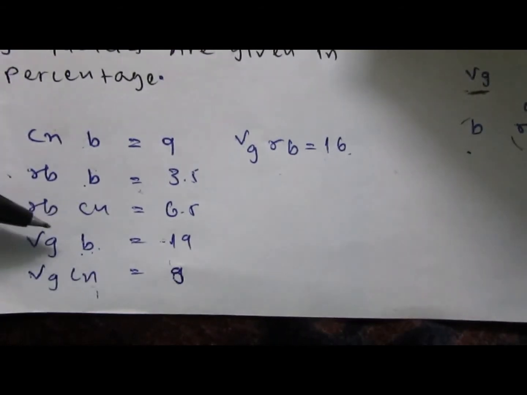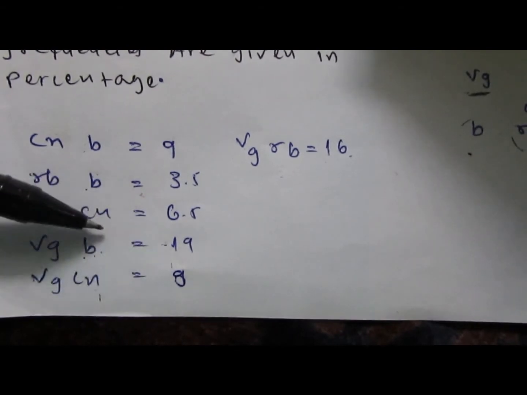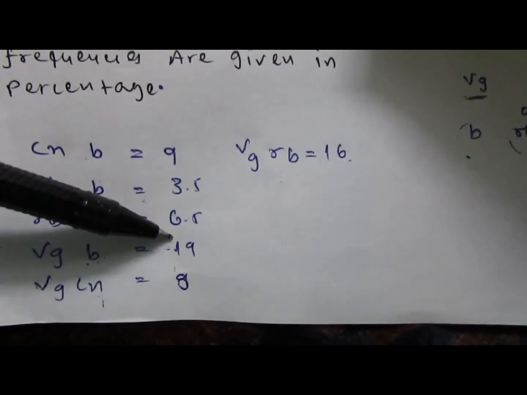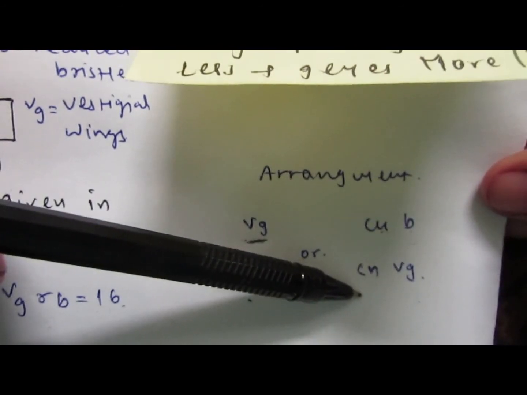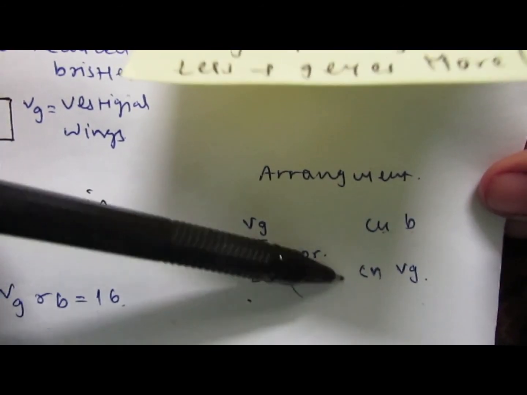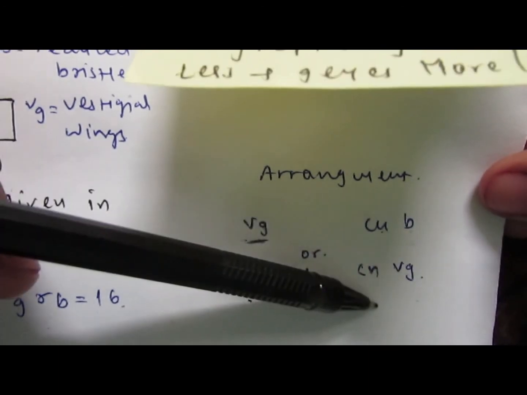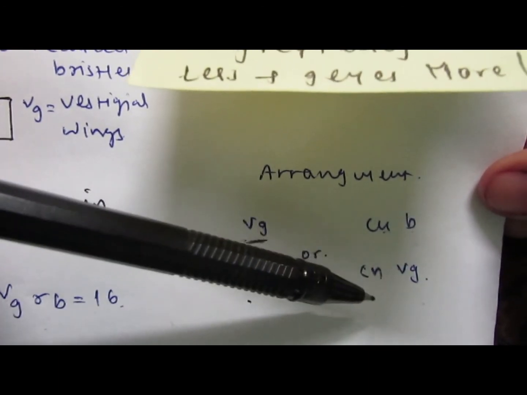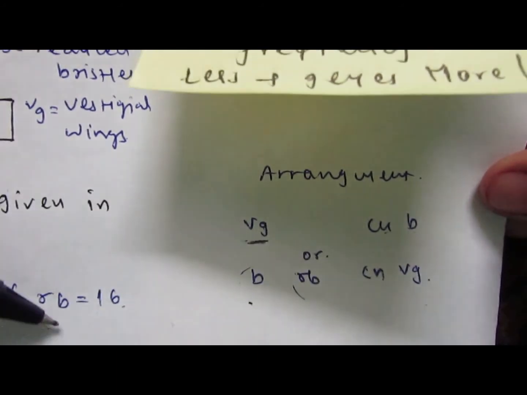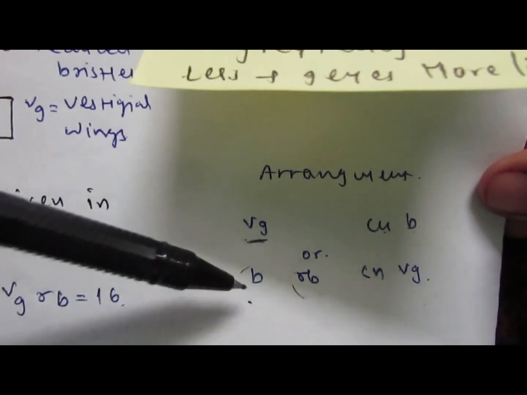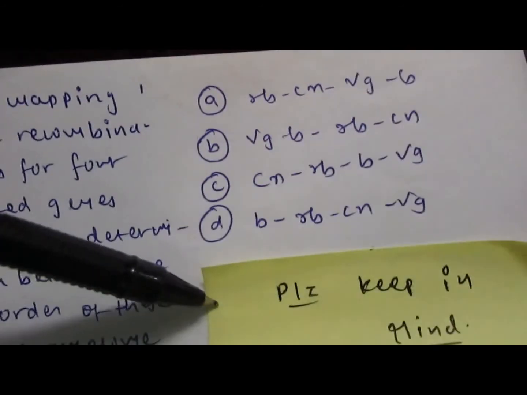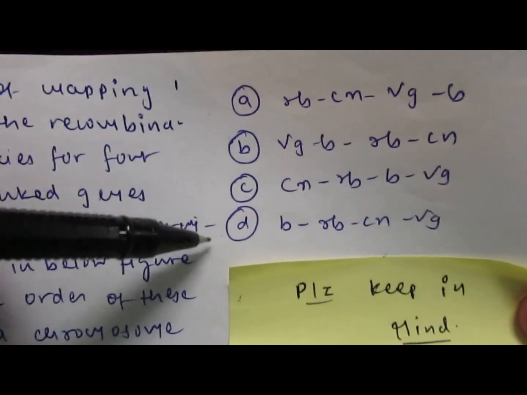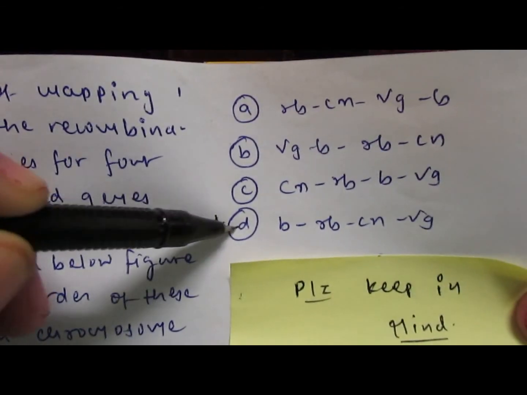The frequency between Rb and Cn gene is the second closest frequency, that is 6.5. So there are chances that Rb and Cn genes are also linked with each other. So I put Cn on the other side of Rb gene. So the correct gene order based on the recombination frequency is B, Rb, Cn and Vg. So among the options that I told you earlier, option D matches our answer. So option D is the